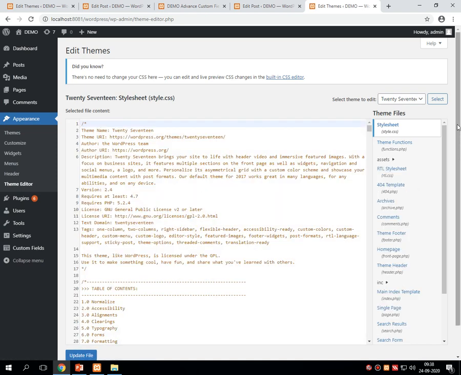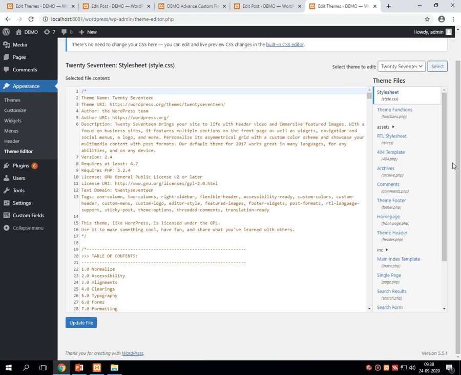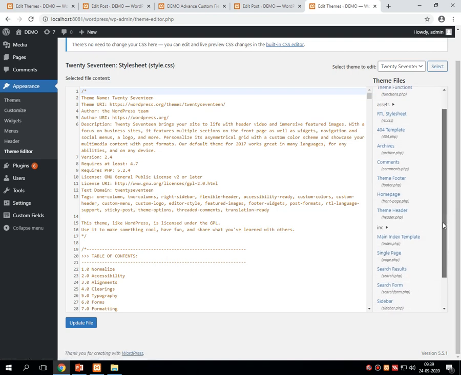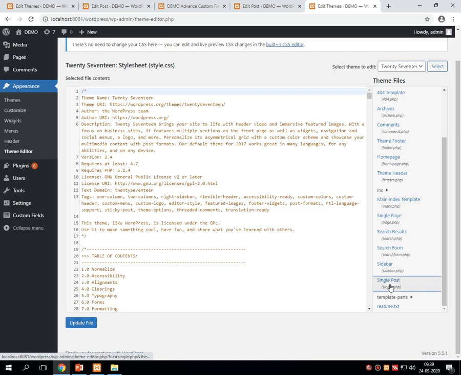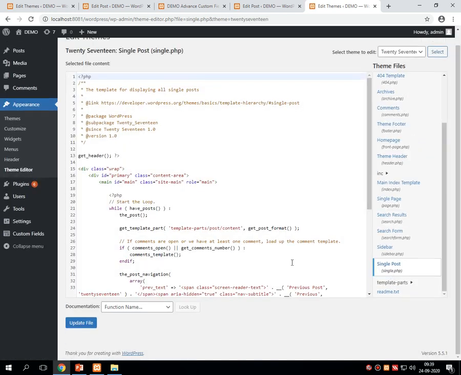The theme editor is where you can change the entire programming of the theme which you have set as a default. Once it is open, on the right hand side there are many options. From all these options, select the single post option, which opens the code of single.php over here.